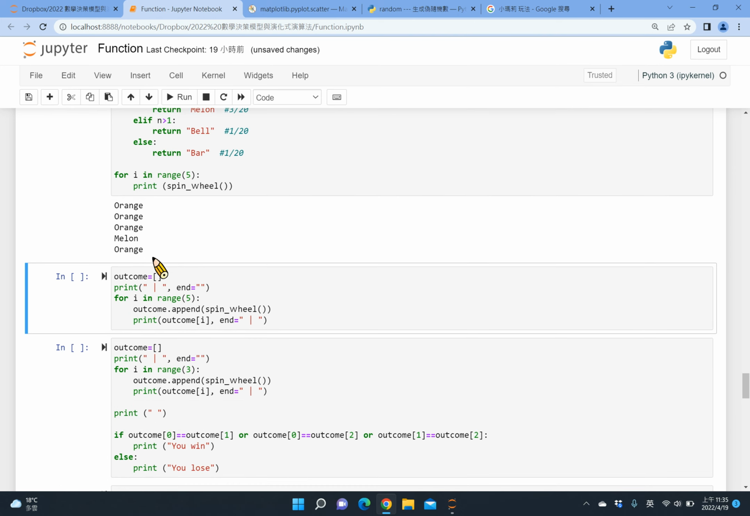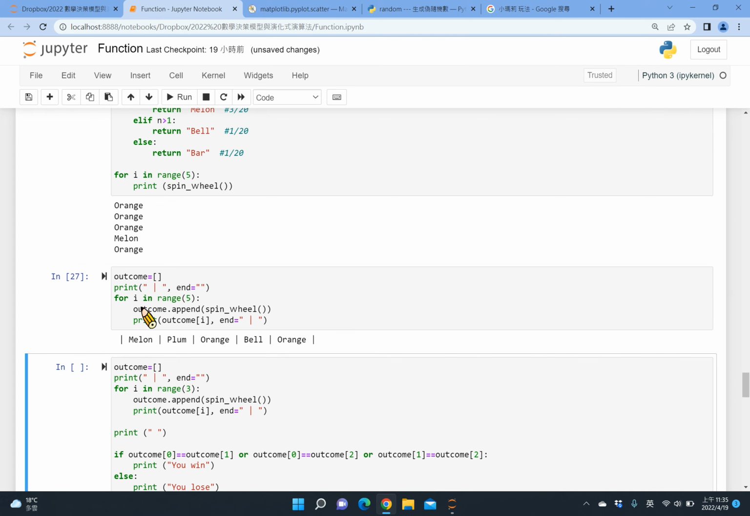But I also want to make it more beautiful, right? So for example, after I create the segment, it maybe looks better. If you want, you can also use pictures to replace those words. Maybe it becomes even more beautiful. But anyway, what I did here is I create an outcome list, and every time,